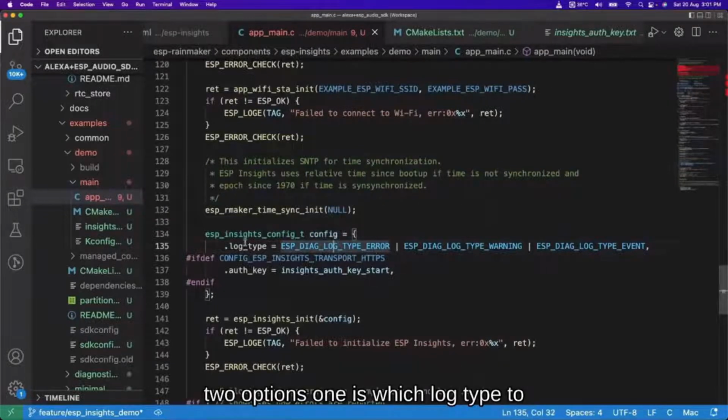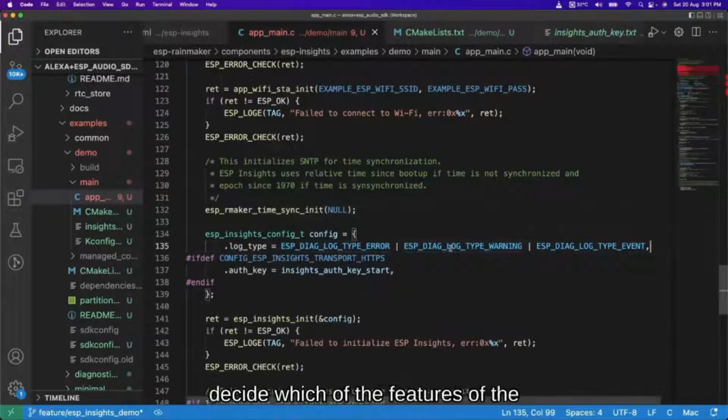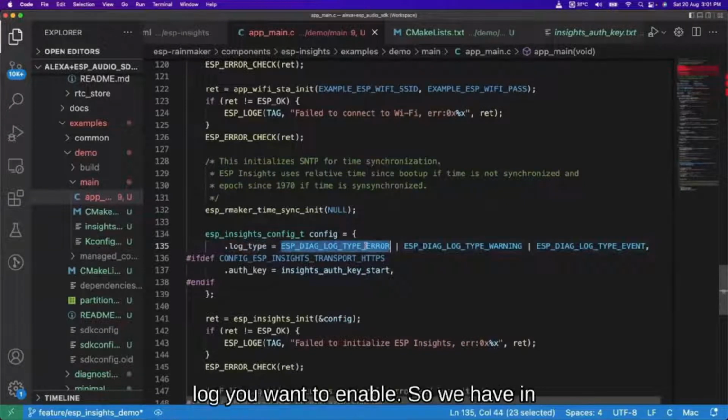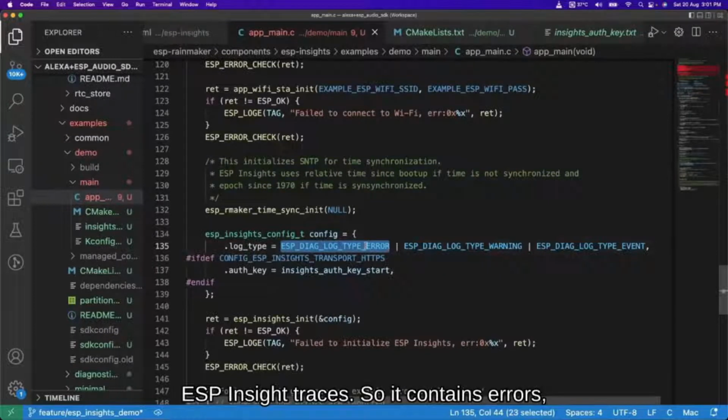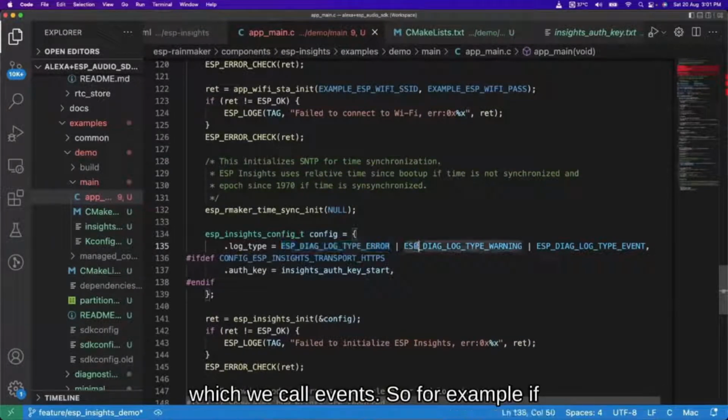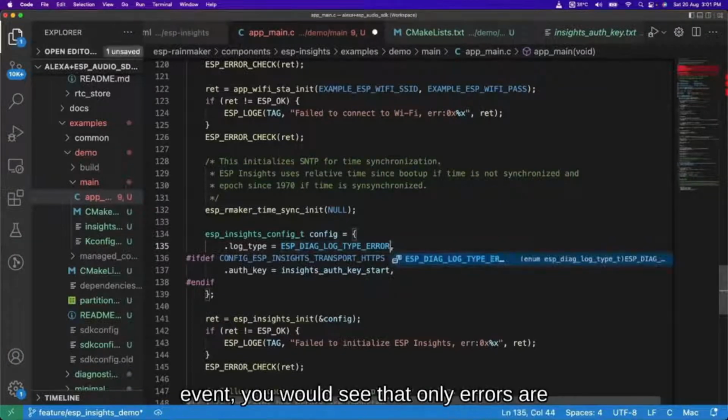One is which log type to enable. You can OR these bits to decide which of the features of the log you want to enable. So we have in ESP Insight traces, which contain errors, warnings, and our own custom logs, which we call events. For example, if you remove these two bits, warning and event, you would see that only errors are getting reported